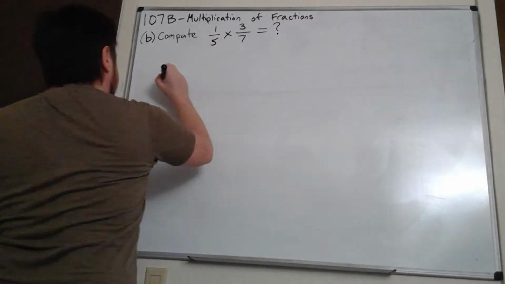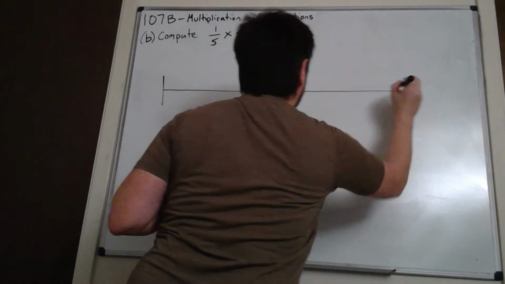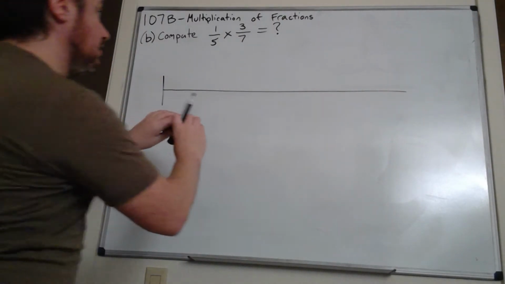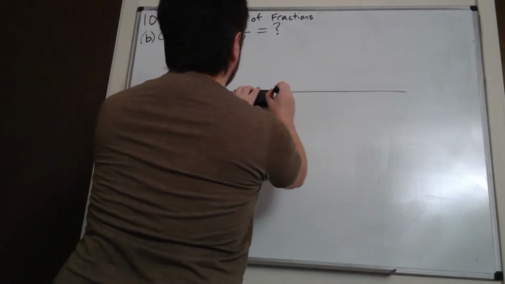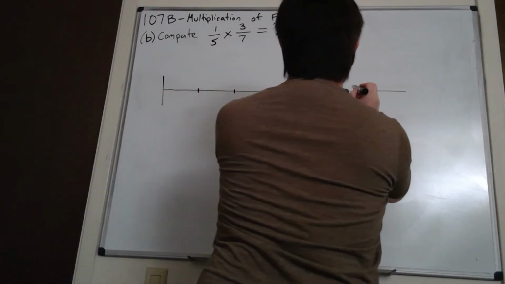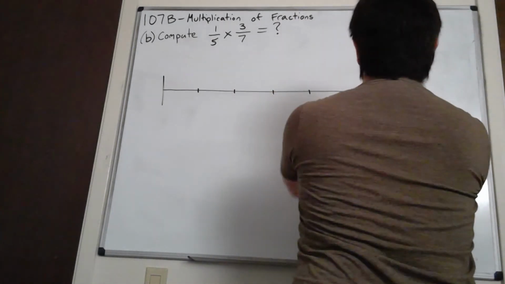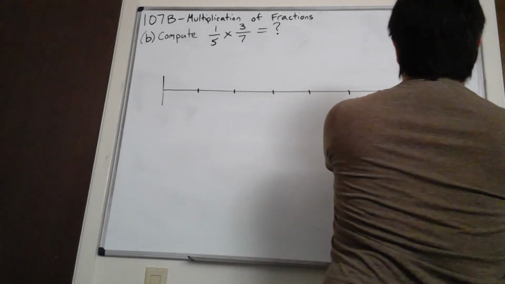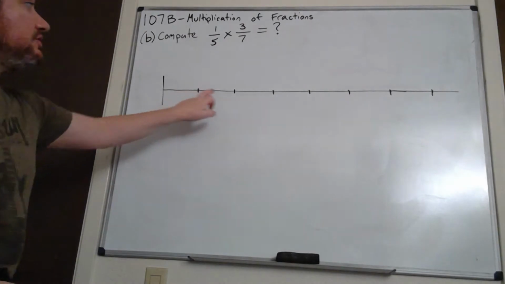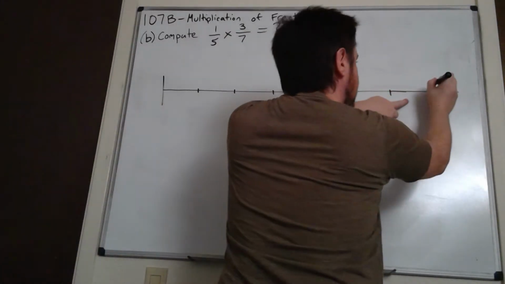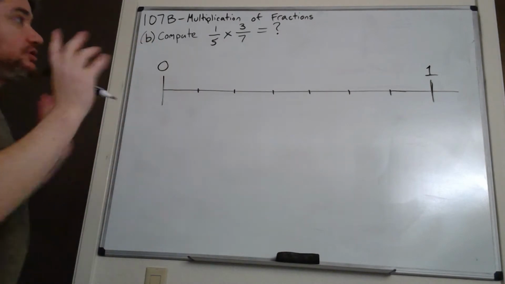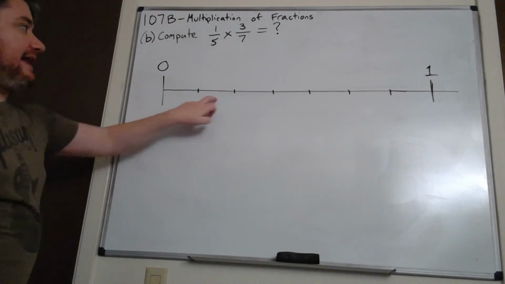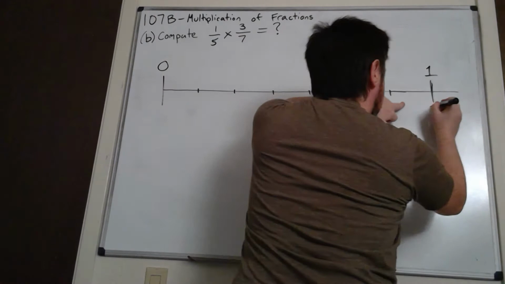Let's get a straight line if I can. And I'll use the eraser. So I want to go 1, 2, 3, 4, 5, 6, and 7. So I've made 1, 2, 3, 4, 5, 6, 7 segments. Let me locate my 1 there and my 0. So as soon as I do that, I've established the whole and it's in 7 equal segments, so I can